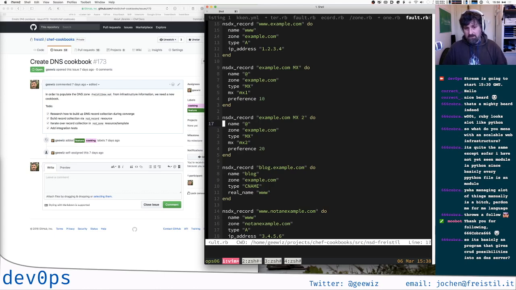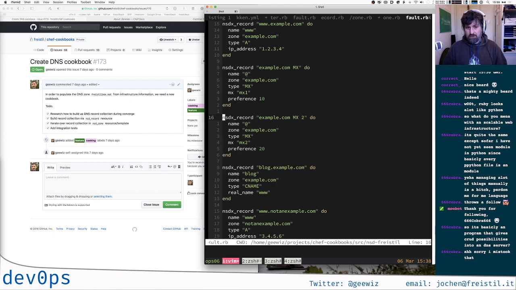And this is only a test recipe that shows a very basic example. In the zone file, each of these records will only be a single line. And here this test recipe makes things a bit excessive, because for one line in the zone file we are using 6 or 8 lines in this recipe. That's not very efficient. The thing is that I can use the same resource, this NSDX record here,